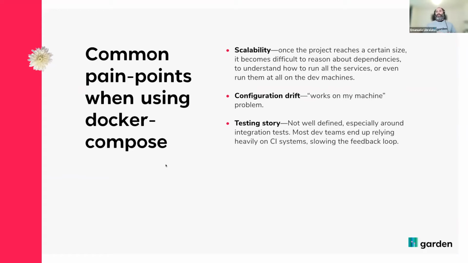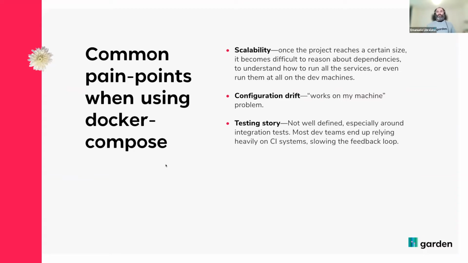And that creates the kind of works-on-my-machine problem, where you maybe set up your network in a certain way, or your service is configured in a certain way to work on your local machine, but then when it goes to production, it breaks,